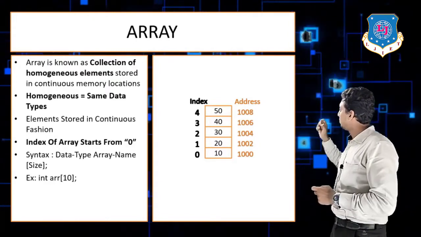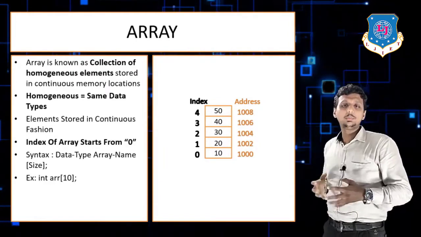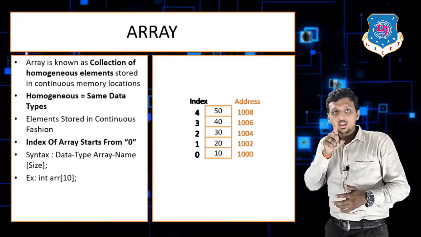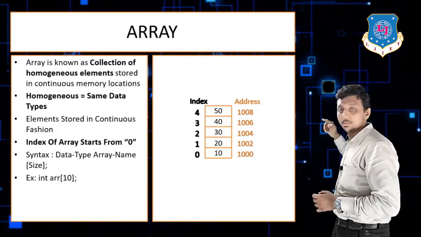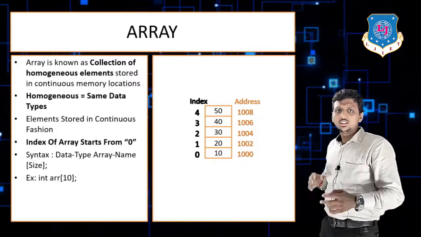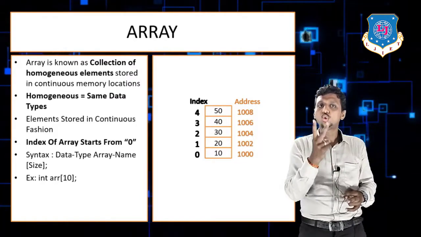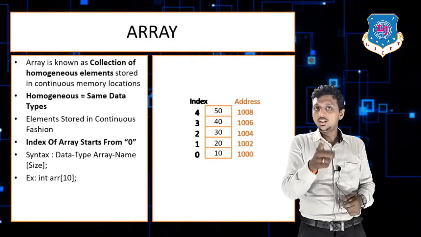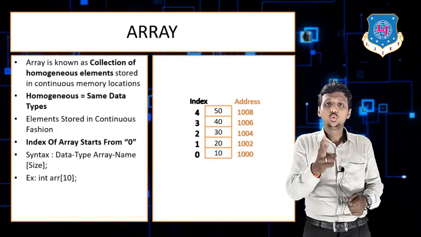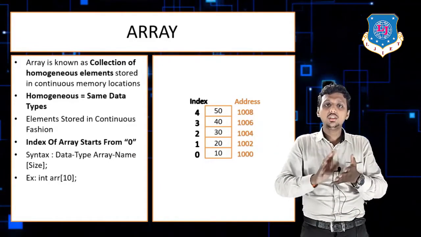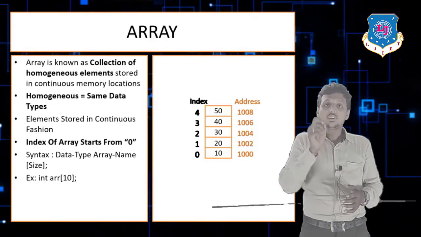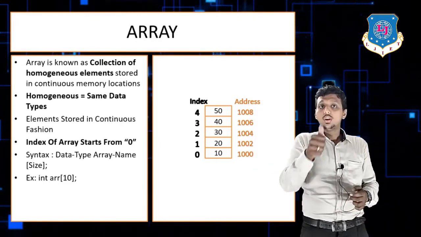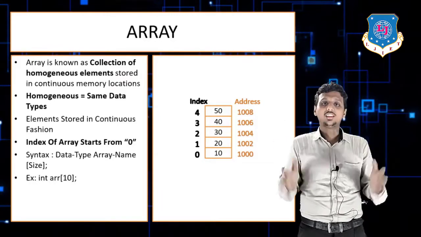So here you can see the base address. Students, what do we mean by the base address? Base address means the address of the first element of the array. Here you can see 1000, 1002, 1004, 1006, 1008. The difference between two memory addresses is 2 bytes. Why is it 2 bytes? Because it's an integer type of array, right? In an integer array, each and every element takes 2 bytes in memory. That's why the difference between such elements is 2 bytes. Here our first element is 10 and its address is 1000. So we can easily say that the base address is 1000.